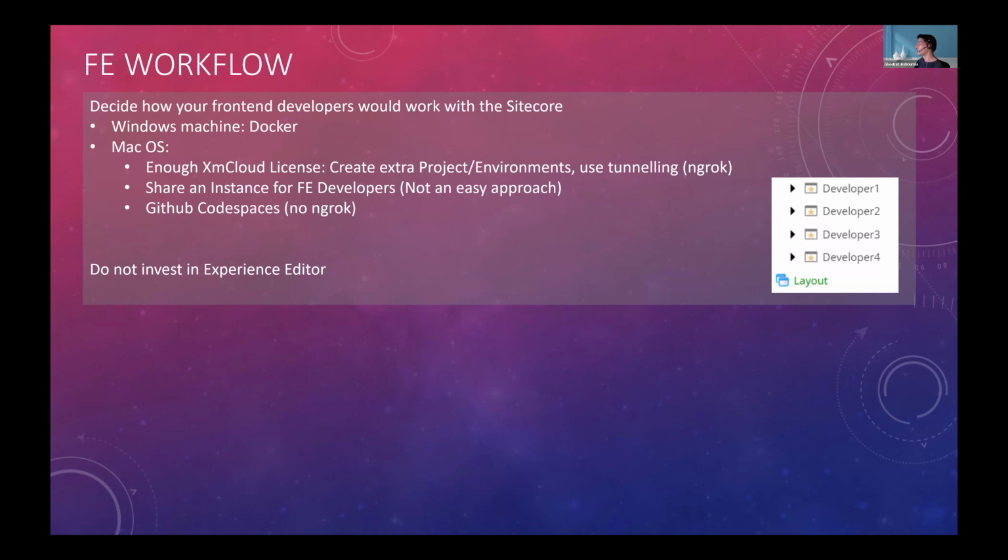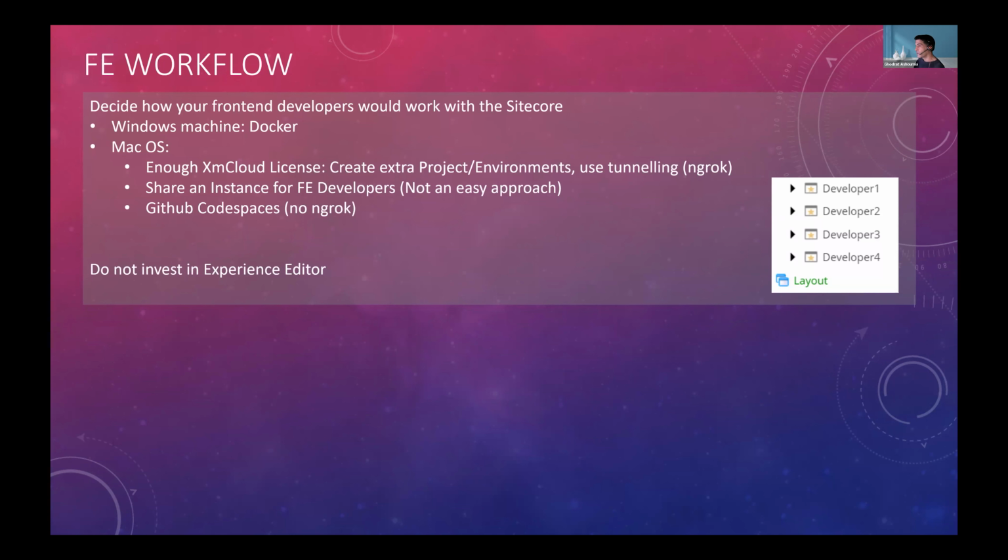Of course, it is not the ultimate solution, because when you have backend changes, like you need a different SXA item, it would be tricky to coordinate the releases.